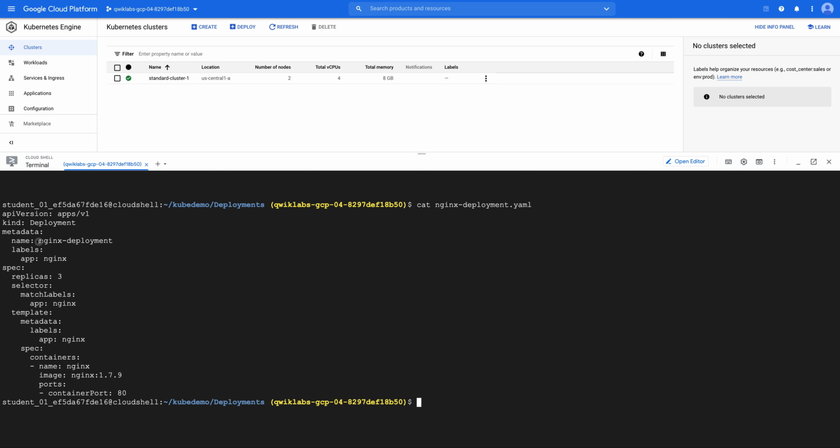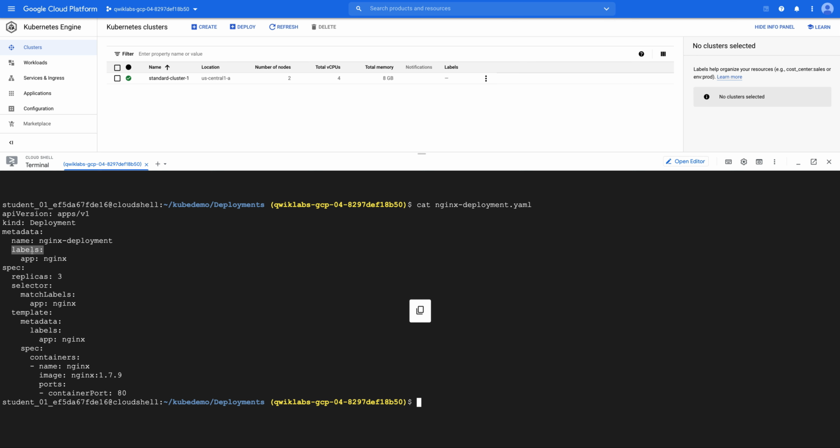First, the name. This is the name you will see once we do this deployment; if you do kubectl get deployment, it's going to show you this name, and this is the name we will be using to attach or find it from our service.